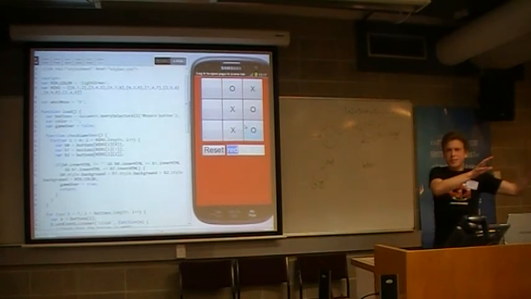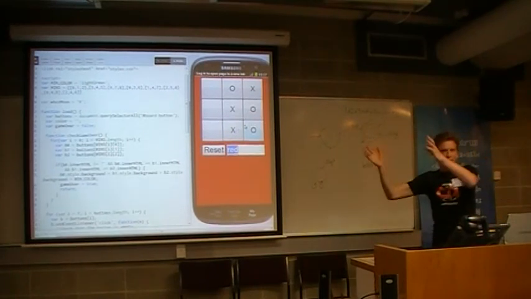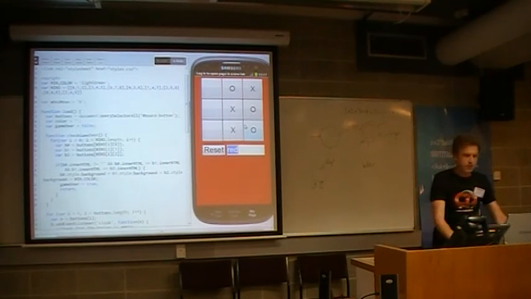Write your GUI in HTML and CSS and then write your JavaScript to add the interaction. Approach number two